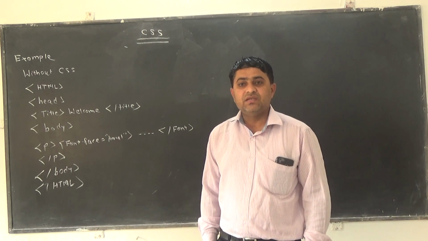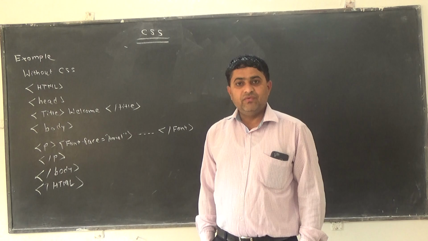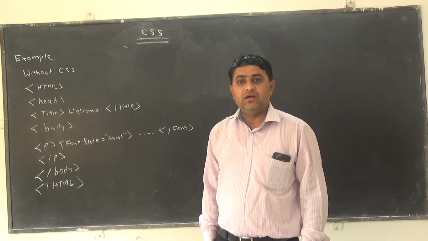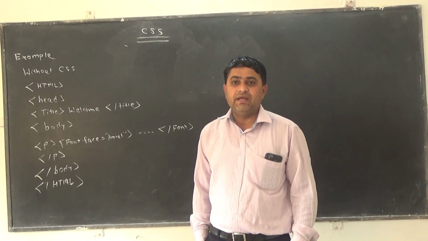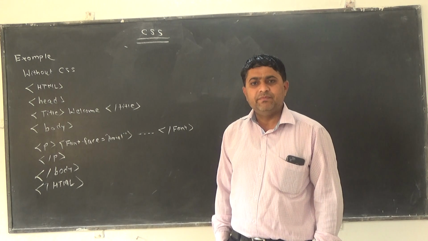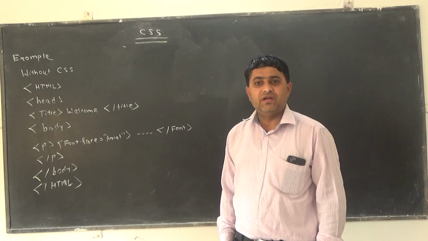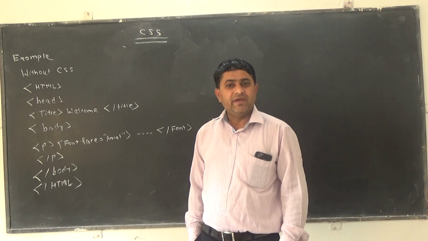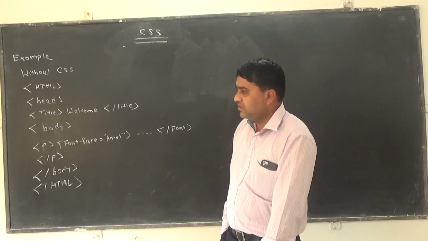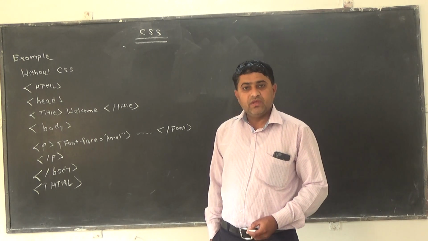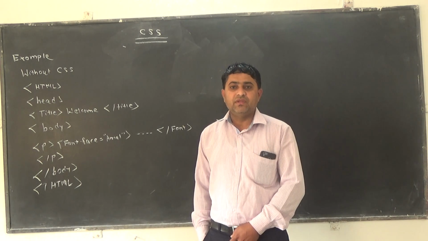Using CSS we can apply some properties and rules. We use positioning properties and apply them to the HTML document and HTML elements. We also apply different types of attributes, which I have already shown in the last video. Suppose you want to revise it, please go through the last video. Now we'll continue with the current point, that is, an example of the CSS with and without CSS.